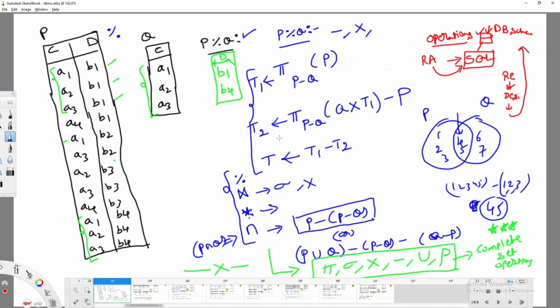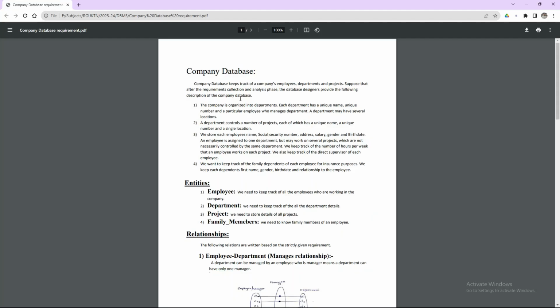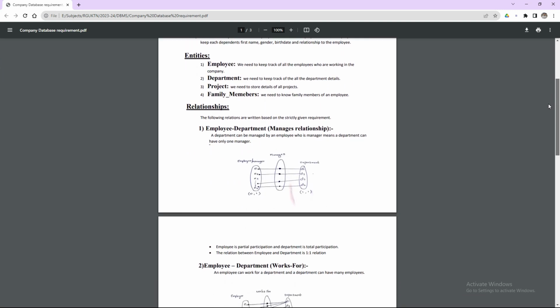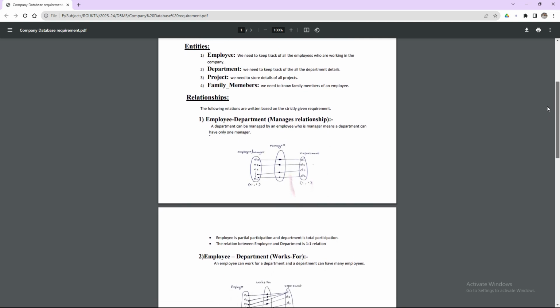So here I am going to take a simple example for you: a company database. This company database requirement is already given to you in the lab. I think you have drawn it also, right? The entities are employee, department, project, and family members.